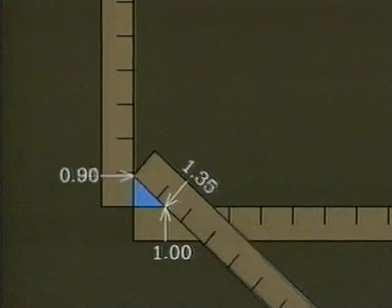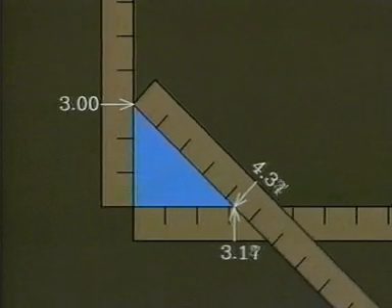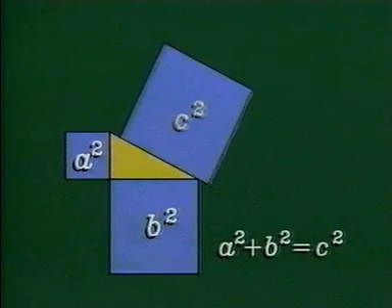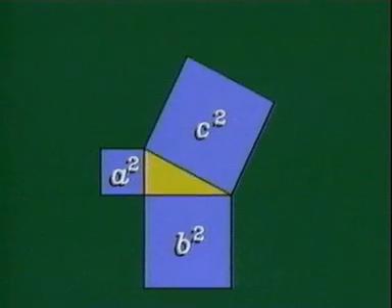The theorem of Pythagoras is one of the oldest results in all of mathematics. In any right triangle, the sum of the squares of the legs is equal to the square of the hypotenuse. In other words, the sum of the areas of the two small blue squares is equal to the area of